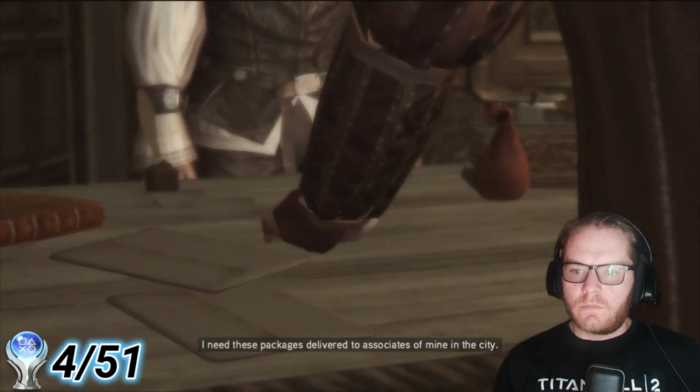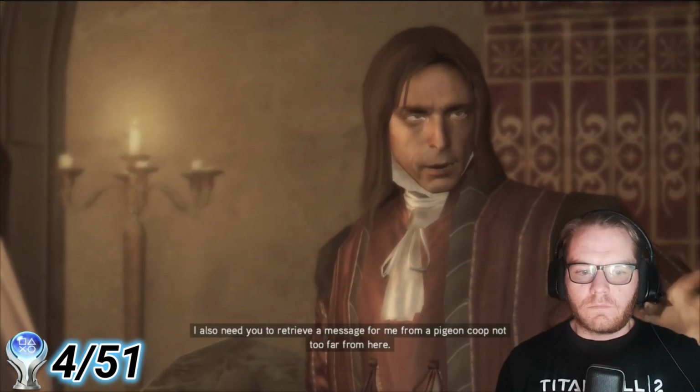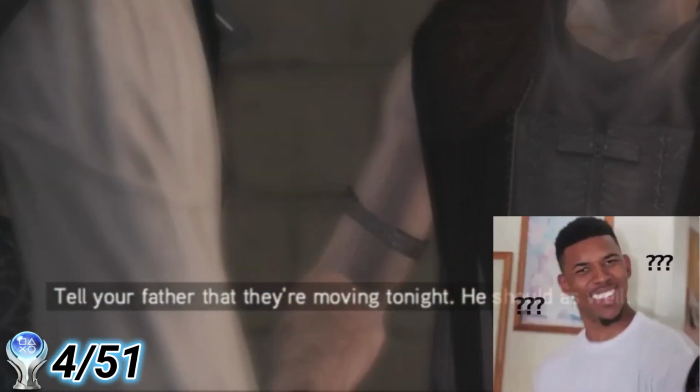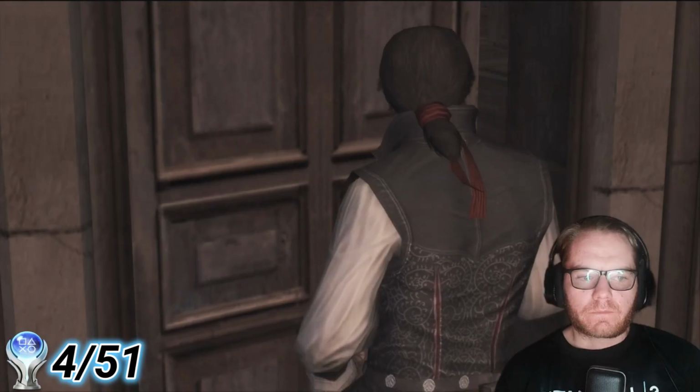And Dad asks us to deliver some important documents and collect one from a pigeon coop nearby. After giving one of the letters to this strange man, he tells us to convey a message to our father. As you can see, he leaves us with no context whatsoever,